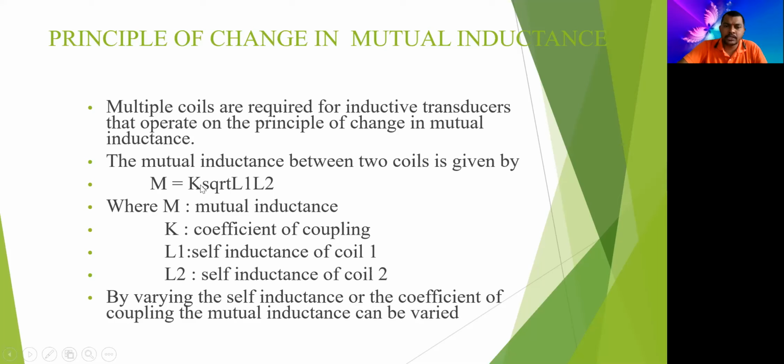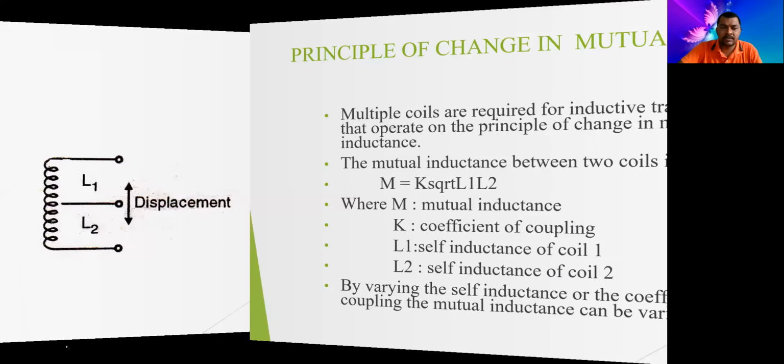म्यूचुअल इंडक्टेंस का फॉर्मूला यहाँ पर ये लिखा हुआ है, M equal to k square root L1 into L2, right, where M is the mutual inductance, k is the coefficient of coupling, कैसे हम लोगों ने कपल किया है उसके हिसाब से, L1 is the self inductance of coil 1 and L2 is the self inductance of coil 2. So this self inductance can be increased or decreased by using the number of turns or by changing the गेज ऑफ द वायर, कितना मोटा पतला लेना है उसके हिसाब से हम लोग L1 और L2 को चेंज कर सकते हैं, by varying the self inductance.